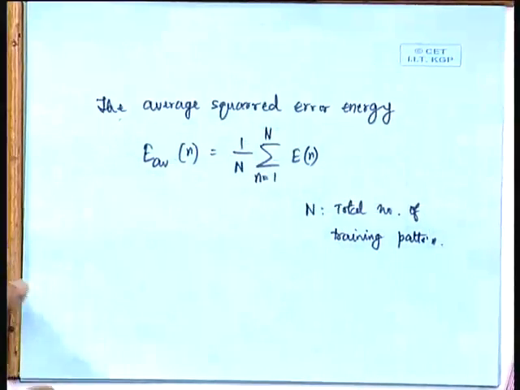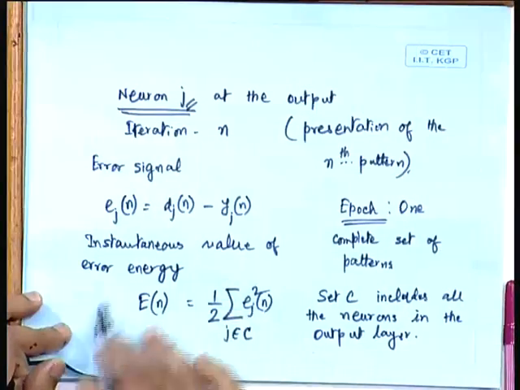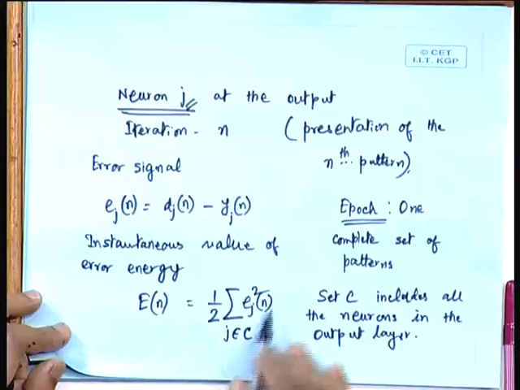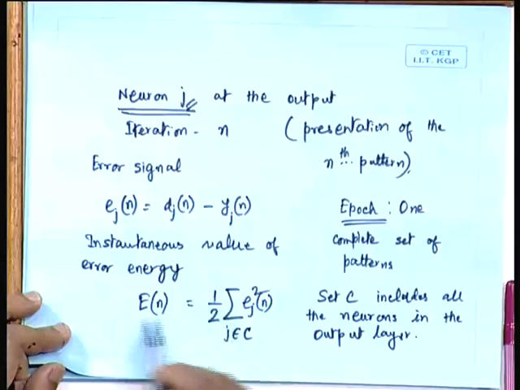The minimization of this average squared error energy is just going to be an estimate of the average weights that we are going to get. You see here, if for every pattern presentation we minimize this E n functional,